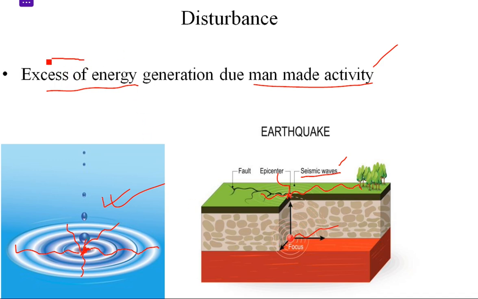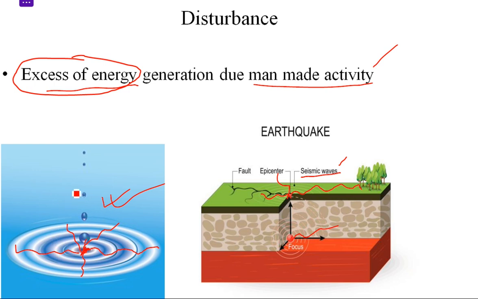So what happens when a disturbance is generated in nature? Whenever a disturbance, excess energy, is generated in nature, nature tries to balance this energy. Like I told you, nature always prefers equality. So what nature does is it tries to transfer that energy from one place to another in the form of a wave. This is basically a wave. So energy is transferring at a certain pace in all the directions, actually the same pace in all the directions. This results in the formation of ripples.